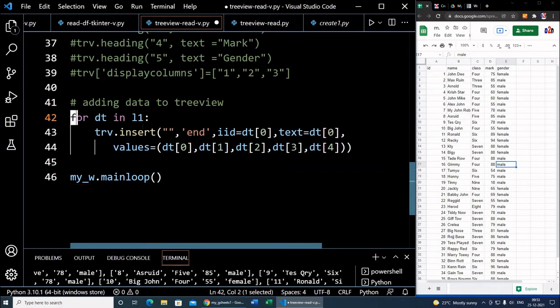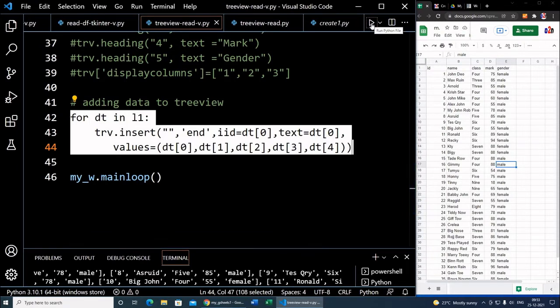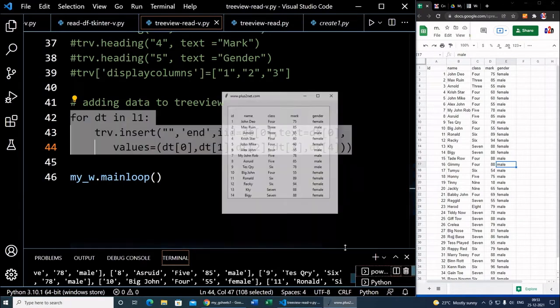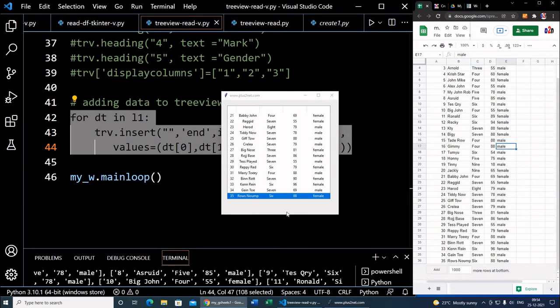So that's all. So this will be giving us the values. Up to this will loop through one by one element of the list and be inserted to the TRV. Now I am just saving this. This part is the important part. So let's run this and see now what happens. So we are running this. Yeah, here it is. You can see this list has come up. I can select it. I can scroll. This is part of the tree view. You can see our tutorial on this. The last record is 35. So like this we can see it here, in the tree view also.